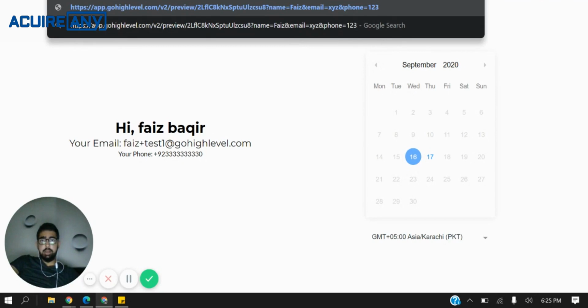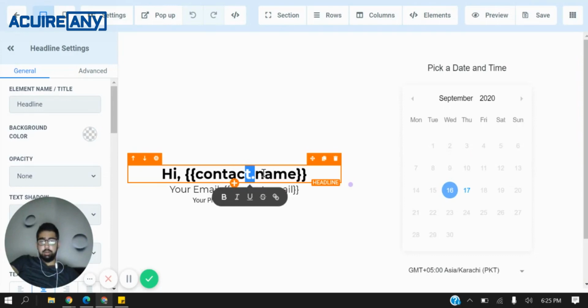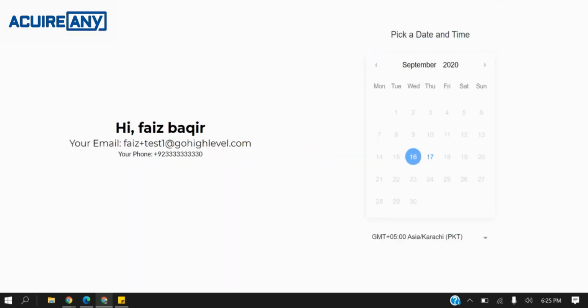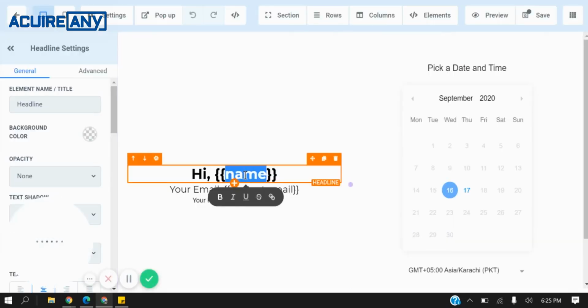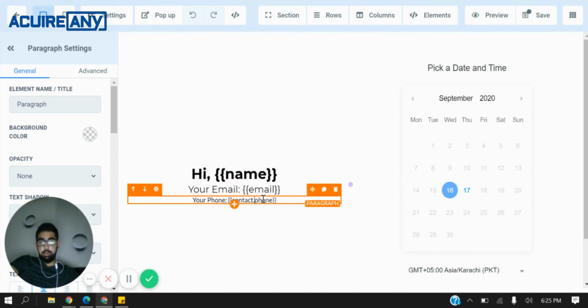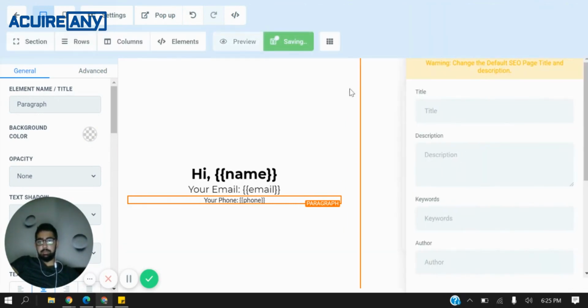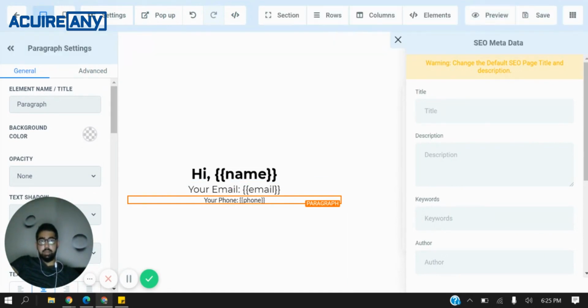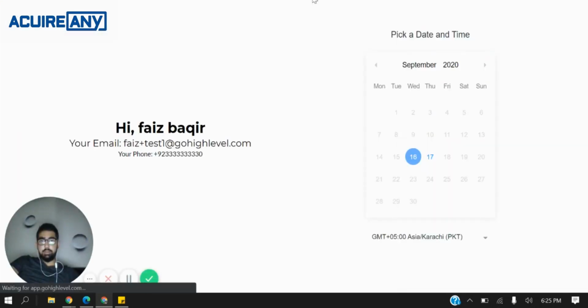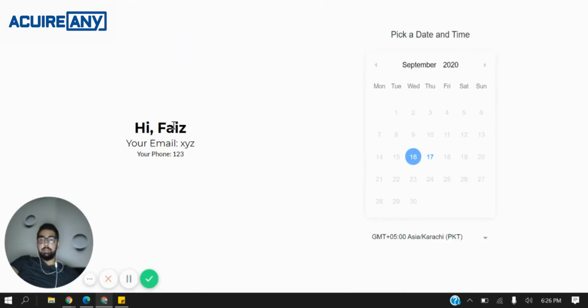If I want to make this work and I want to show all these values here in my editor, the builder, all I need to do is make sure that these parameters, the ones that I'm setting here, have the same name as these. So I call the first one name, second one was email, and then the third one is phone. Let's just hit the save button. Okay, and now when I visit this link with all the URL parameters, I'm able to see them here as